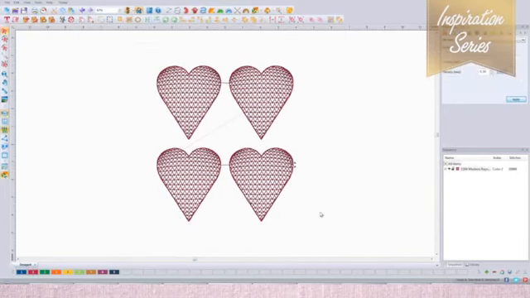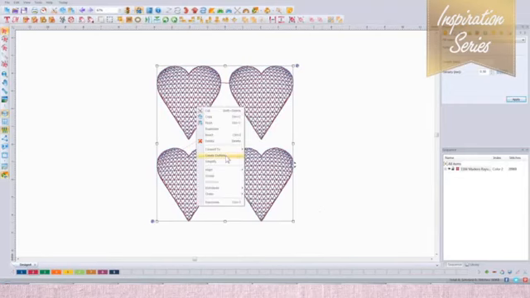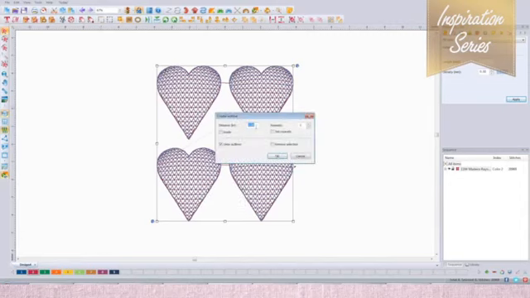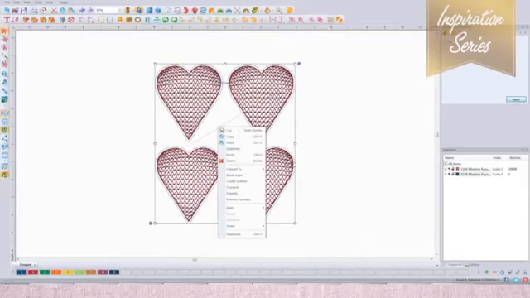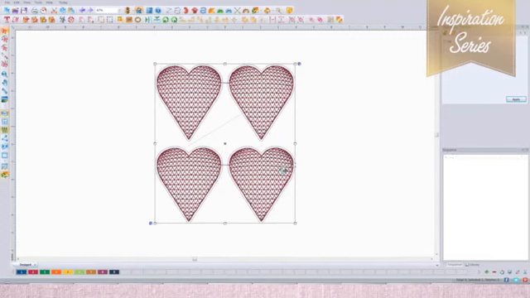I'm going to stitch those out, but I also want to cut them. So I can select them and create an outline, which puts an artwork outline whatever distance away from the design elements I've selected. Let's do it 1/10 of an inch and click OK. Now I have this blue artwork outline. If I select that and right click and convert it to a run stitch, okay, now it's a run stitch,